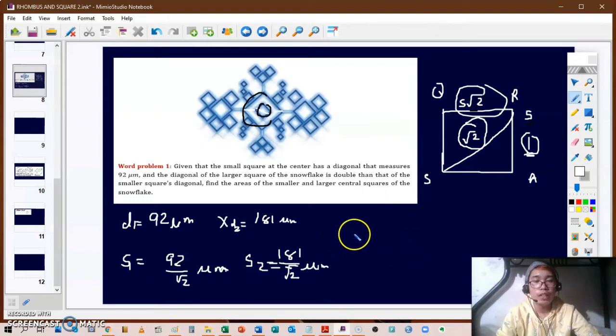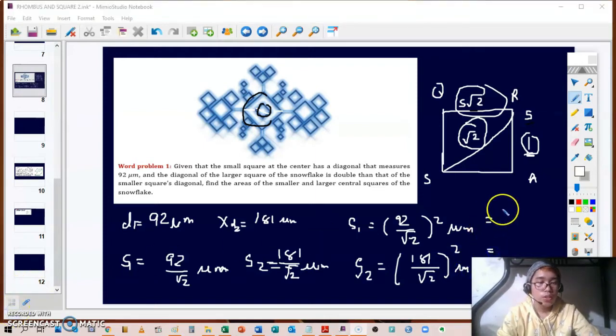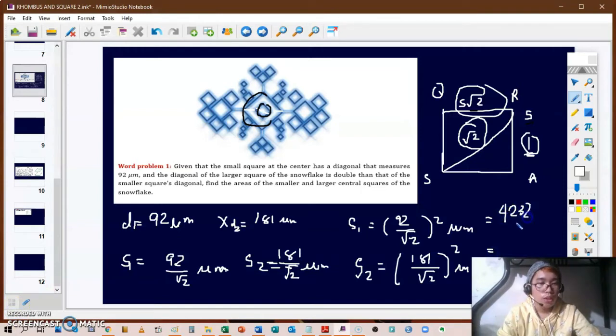We can now find the area of the two squares. So for S1, the smaller square, the area is equal to (92 over square root of 2) squared micrometers. And for the area of the larger square inside the snowflake, that's going to be (181 over square root of 2) squared micrometers. Their areas are approximately 4232 for the smaller square inside the snowflake, micrometers squared. And for S sub 2, the larger square, its area is equal